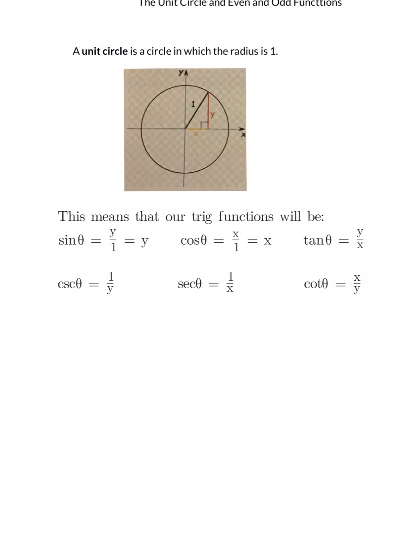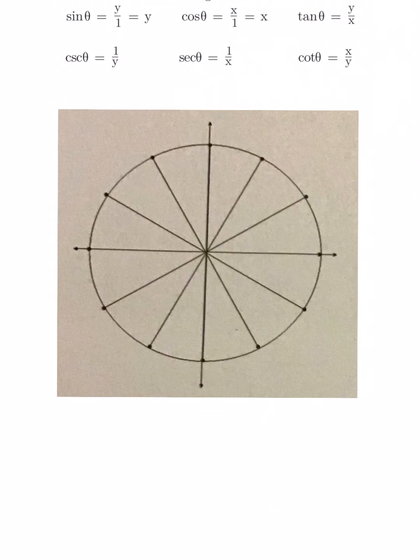But now cosecant becomes 1 over y, secant becomes 1 over x, and then cotangent stays the same as x over y. We are going to use this figure to help us see what the labels for a unit circle should be. If you look at this figure, you will notice, just in looking at the first 2 quadrants, how the lines are marked. Remember that each of these points